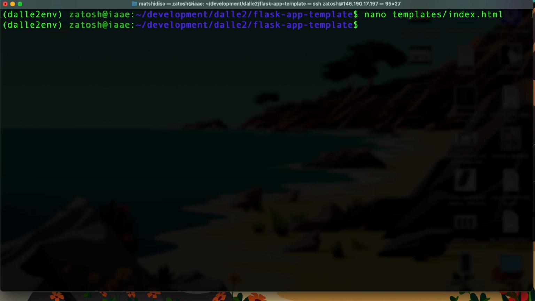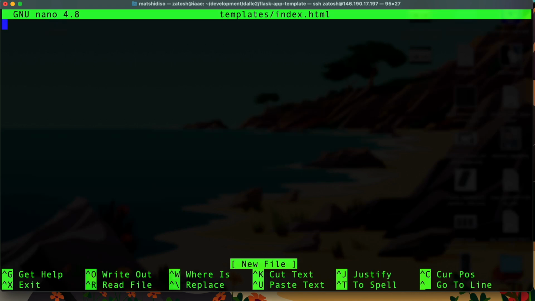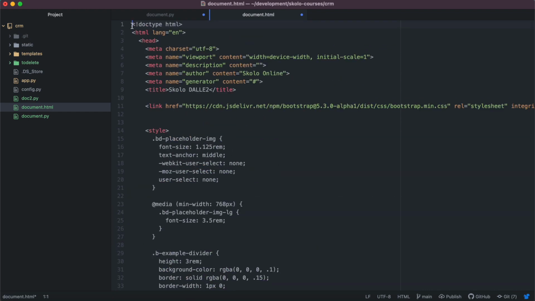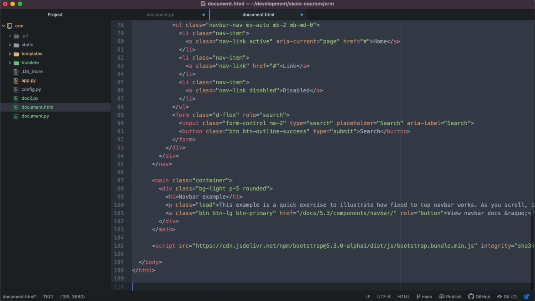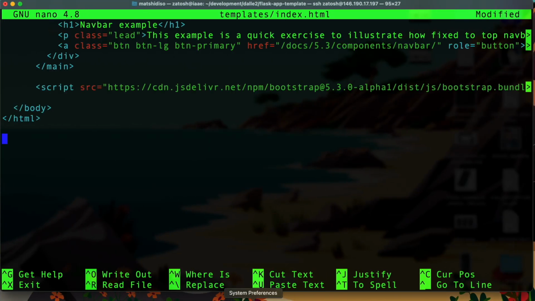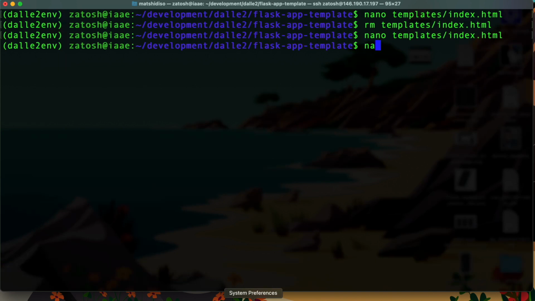So let's remove this file, and then recreate it. And let's just add what we've typed in here, paste that in there, close, save, yes, and then let's just open